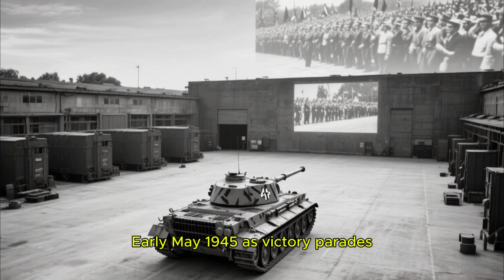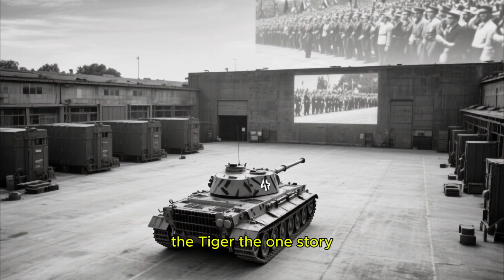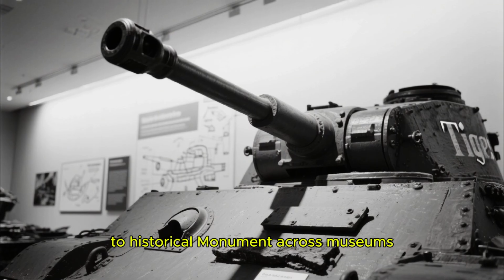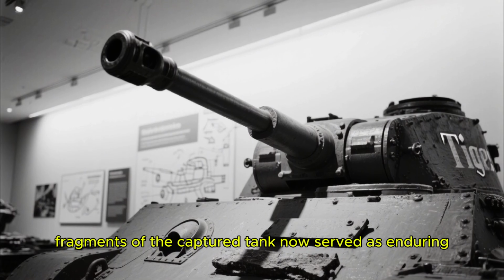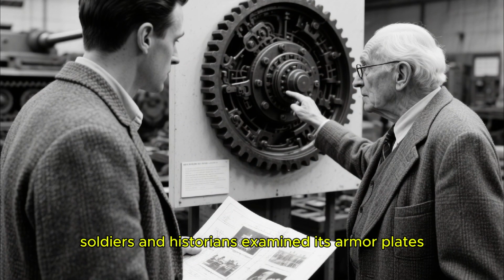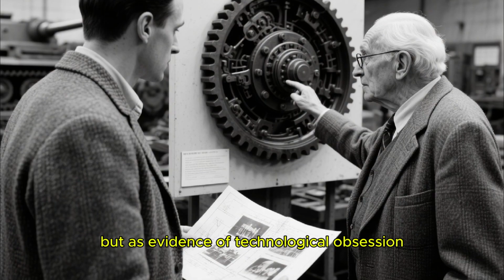Early May 1945, as victory parades filled the streets of Allied capitals, the Tiger I's story transitioned from battlefield legend to historical monument. Across museums, training centers, and archives, fragments of the captured tank now served as enduring educational relics. Engineers, soldiers, and historians examined its armor plates and transmission gears, not as instruments of fear, but as evidence of